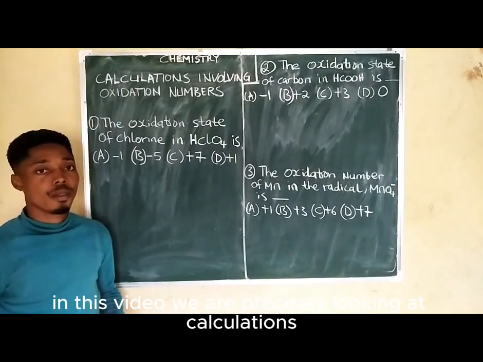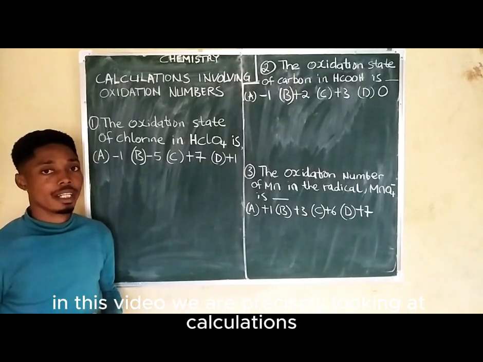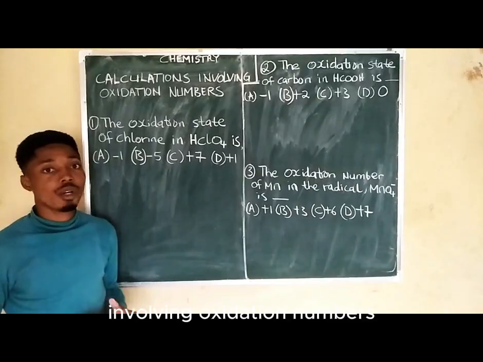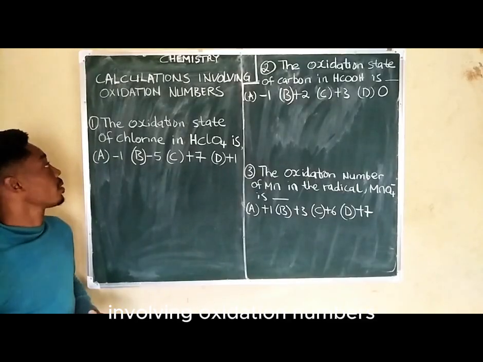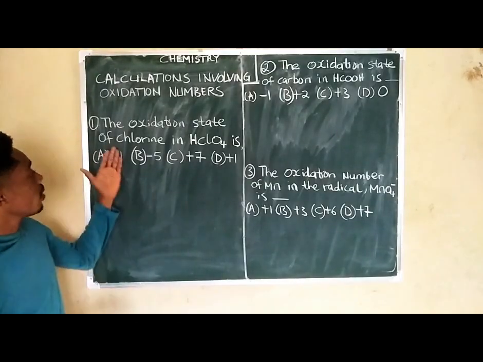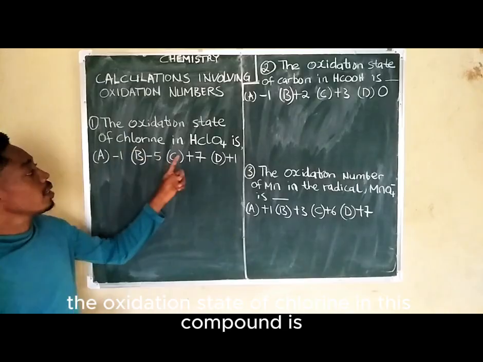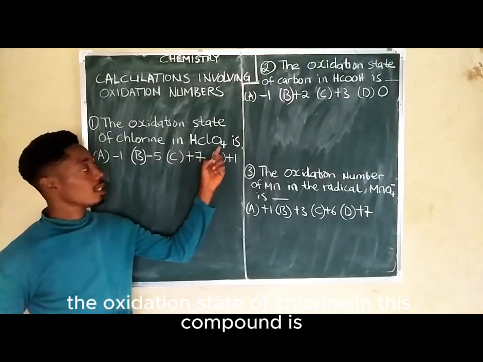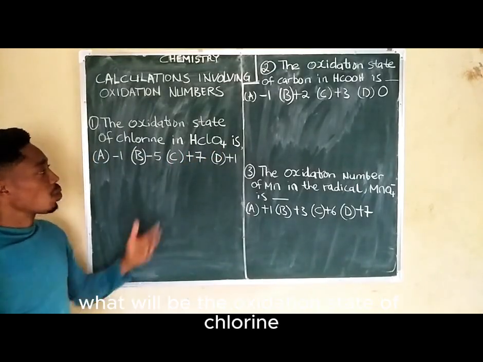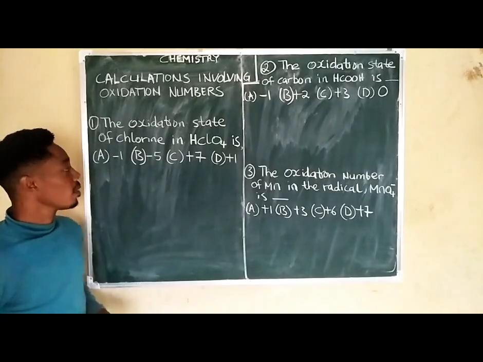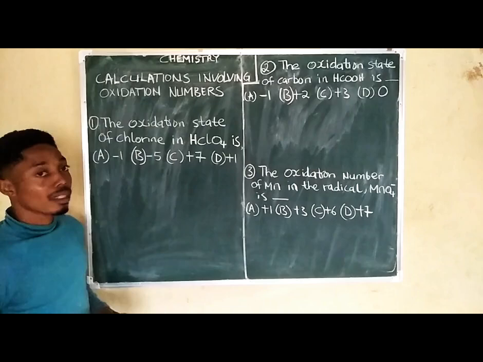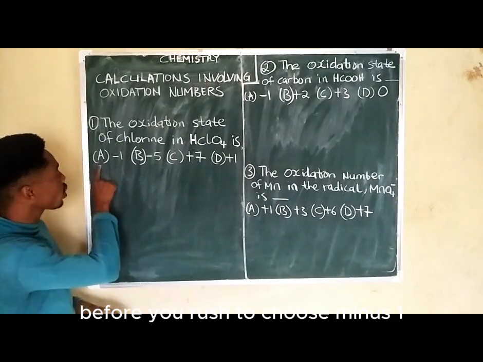In this video, we are precisely looking at calculations involving oxidation numbers. Look at the first question. The oxidation state of chlorine in this compound is, what will be the oxidation state of chlorine? Before you rush to choose -1,